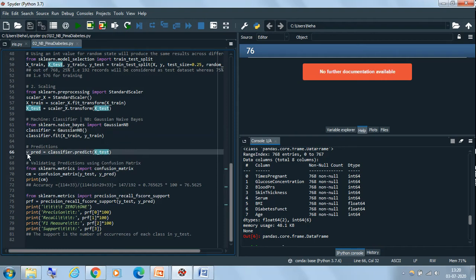Now I want to check how far my prediction is correct. For that purpose we use validation, and that can be done using a confusion matrix. So let us see how it can be done. From sklearn.metrics import confusion_matrix. Then cm is equal to confusion_matrix. Now what the confusion matrix does is it